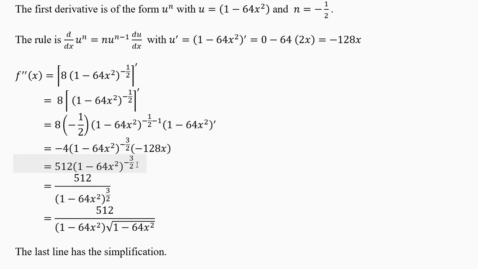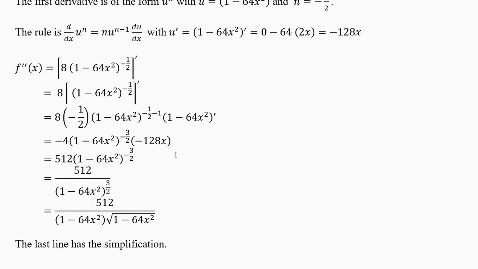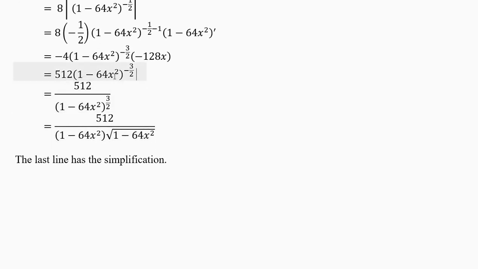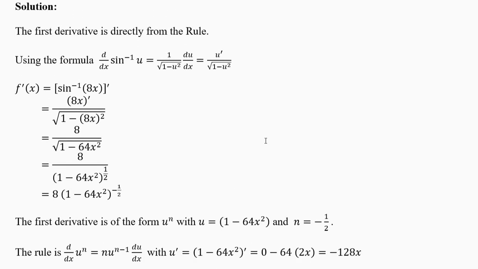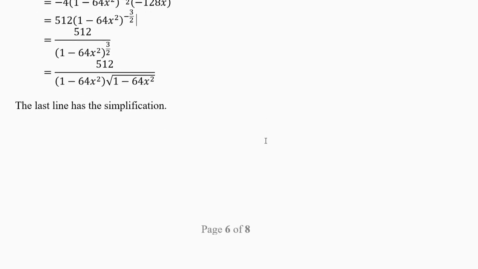You can stop here, but better to do some algebra because sometimes we need a third derivative. Now take the power 3 by 2 down to the denominator. It will become plus 3 by 2. The 512 will remain here, and 3 by 2 is 1 plus half, so this is 1 and this is power half. Aesthetically this answer looks nice. Algebraically all the three steps are equivalent, last three steps, but sometimes we have to write the answer like this. So please practice to do some algebra and go to the last step as given in this handout and other handouts.